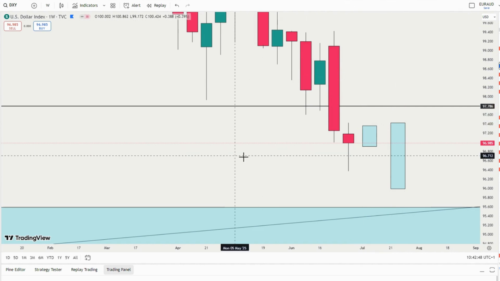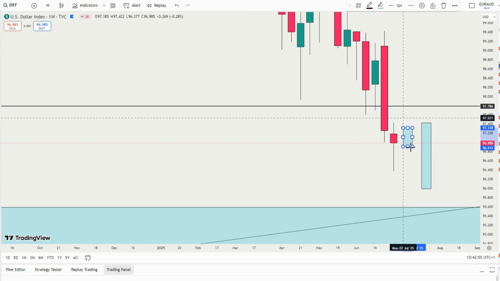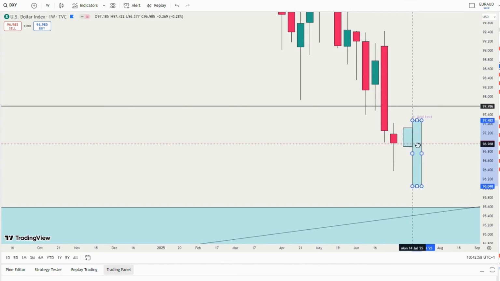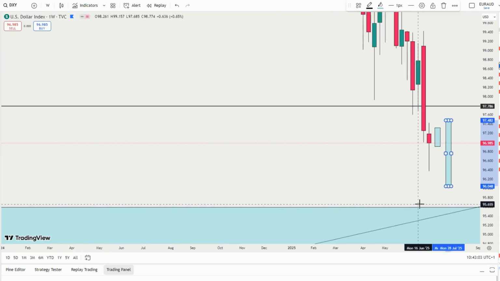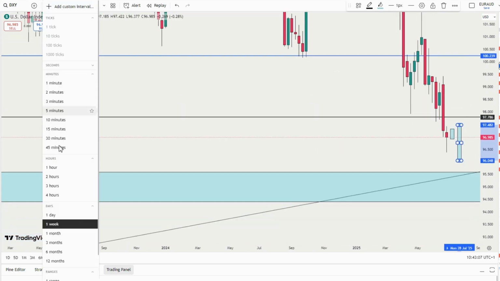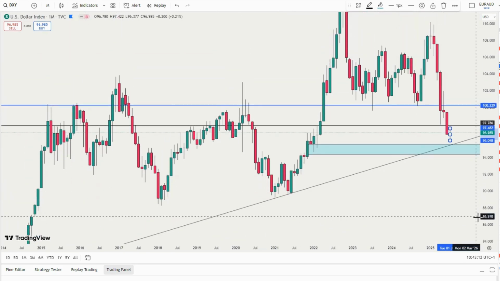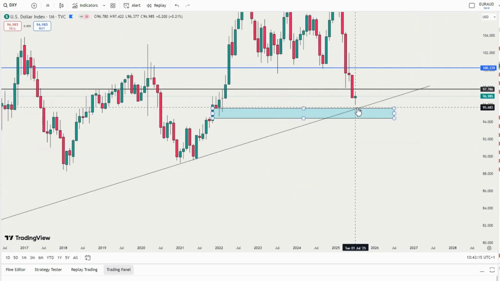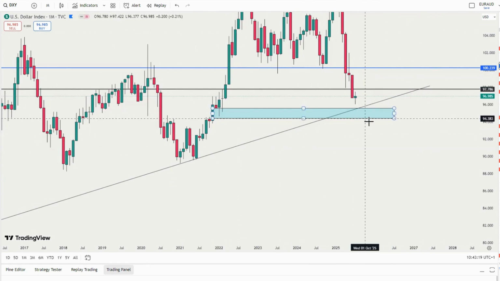Okay, now moving to that side. When price comes here and we see a rejection, and then another rejection beside it, because this is still where I'm looking. This is the target I'm looking at for the overall strength of the US dollar to resume. So if you check what is going on right here, this is where I'm looking. Let's see how it goes. Let's see what price will do at this level.